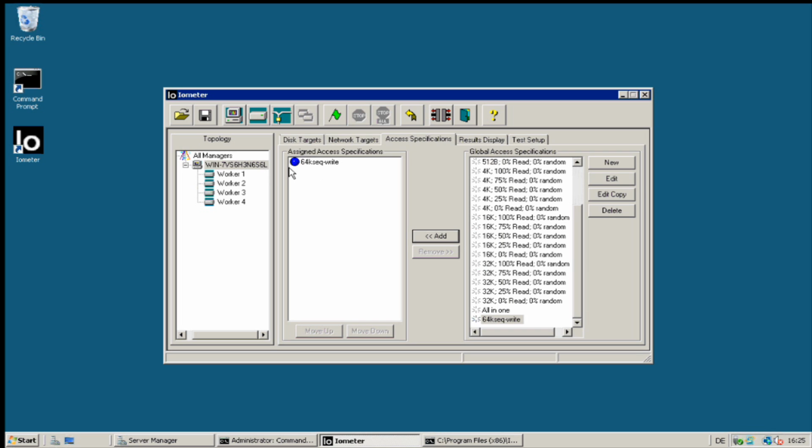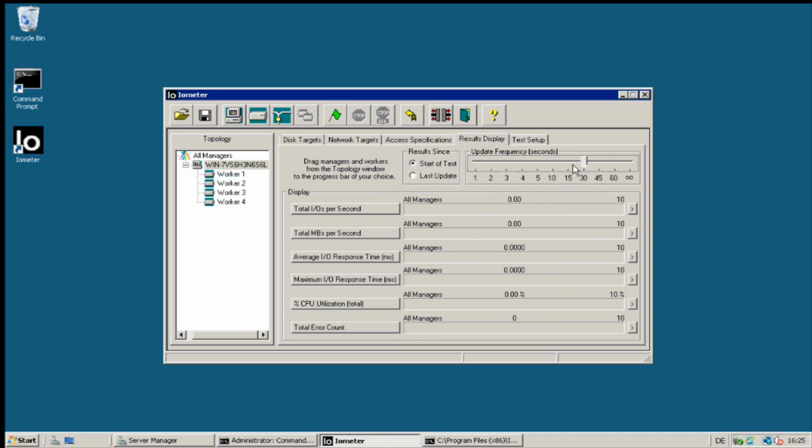Then in my case, I need to put a 64K block. I need to select 100% sequential, and I need to select 100% write. So that's okay. I have created such a pattern here, and having selected the server and clicking on the Add button,